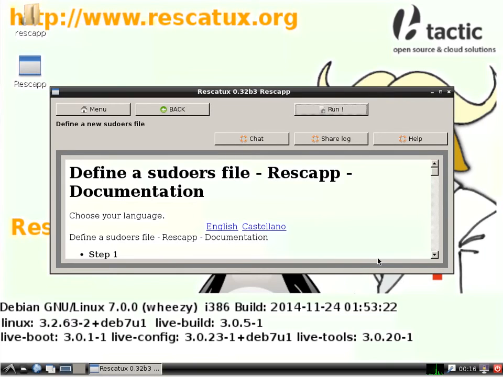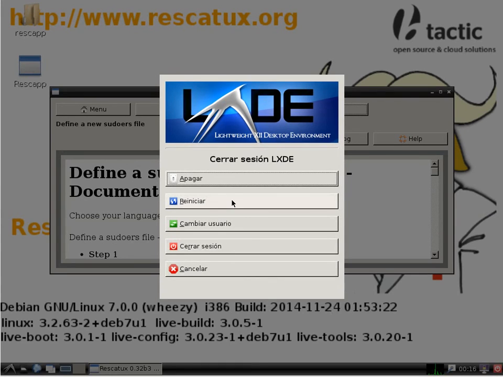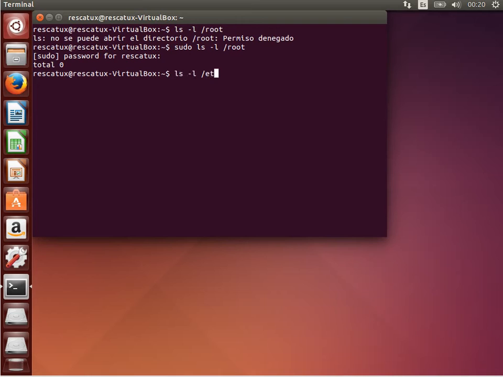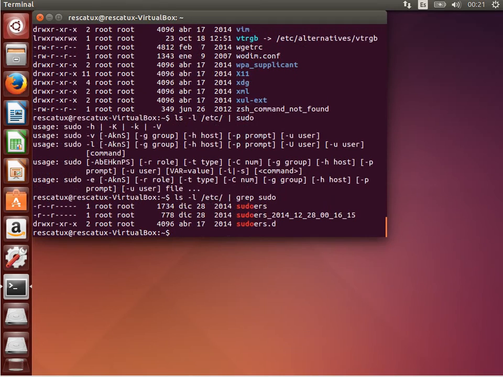So now I am going to reboot into Ubuntu again. Okay, so now we have rebooted and we cannot access the root directory, but now when we use sudo we can see what is inside the root directory. Well, there is not any file. Now we are going to see what we have in /etc. We have a backup from our friends